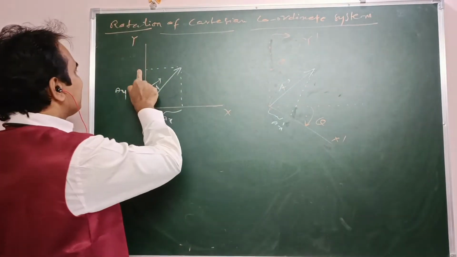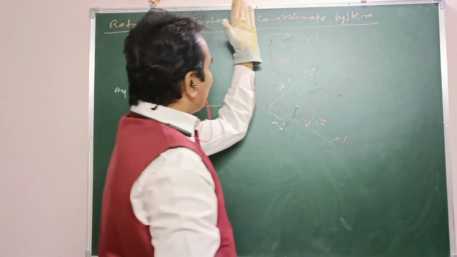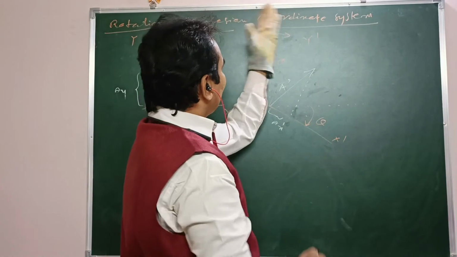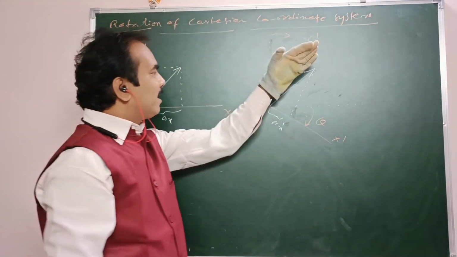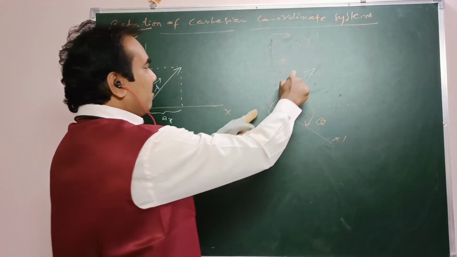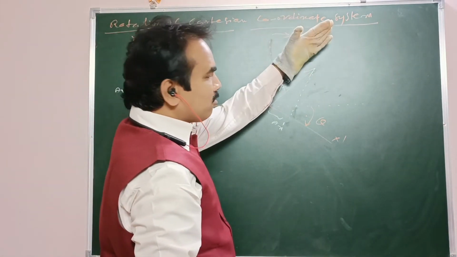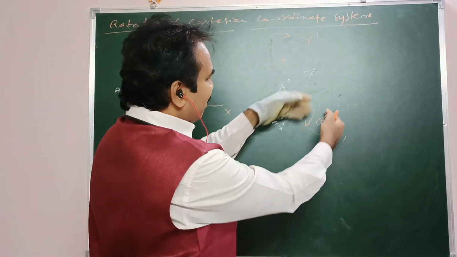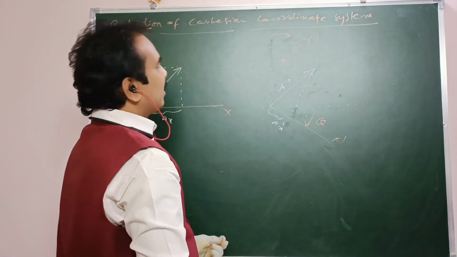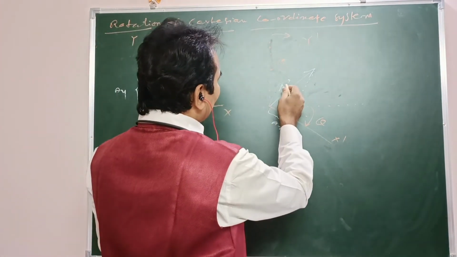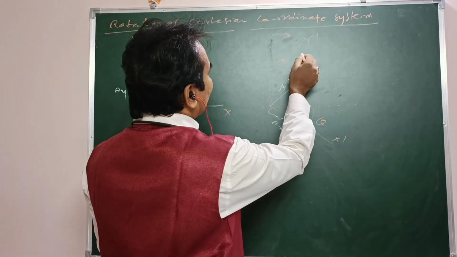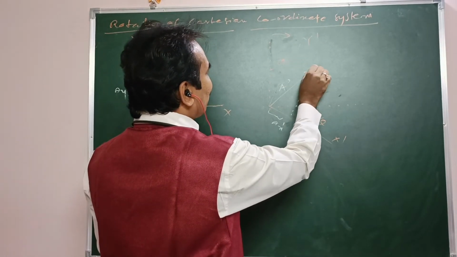Previously this is the y axis. Now y axis somewhat come closer to the given vector. Means definitely y coordinate increases. Why? Because axis come closer to the given vector. Here axis far away from the given vector. Okay. Therefore, what about this coordinate? How to get this coordinate, means y coordinate?